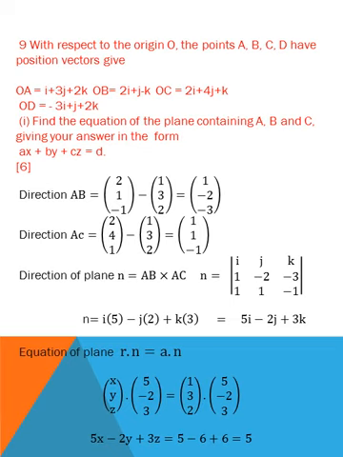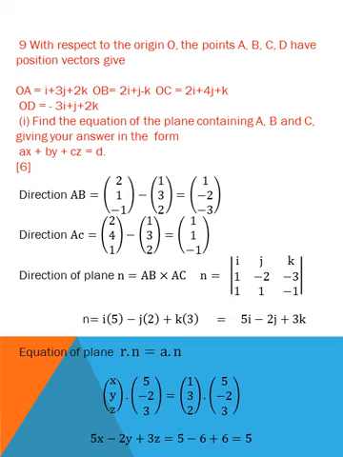First I solve the i: hide the column of i and the row i, j, k and take the submatrix -2, -3, 1, -1. When we solve it, it will become 5. Then take a negative sign for j: hide the column of j and the row i, j, k and take the submatrix 1, 1, -3, -1. When I solve this, it will become 2. At the end, for k, take a positive sign, hide the column of k and the row i, j, k and take the submatrix 1, 1, -2, 1 and solve it, it will become 3. So the direction of the plane will become 5i - 2j + 3k.